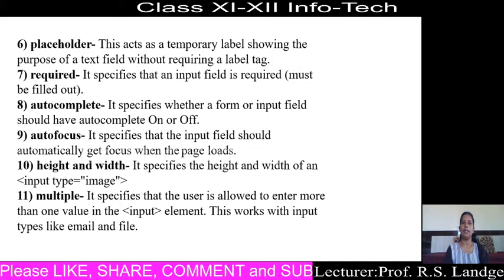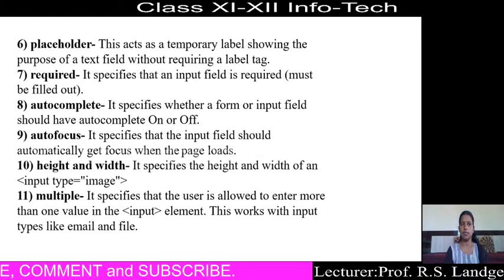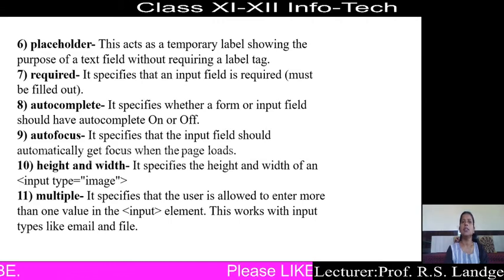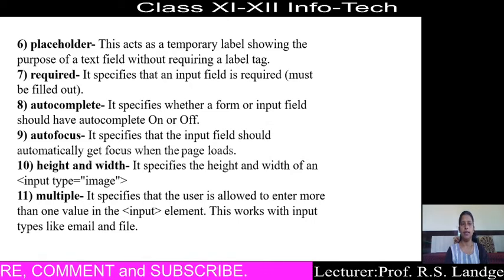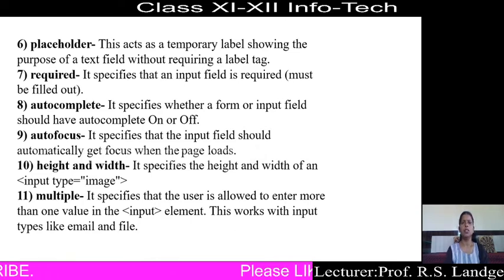Instead of that label, we can use this placeholder attribute, and using that placeholder attribute we can write some text, that is for which purpose we use this field. That is displayed inside that field, and after we enter a value, that placeholder text will be automatically removed.